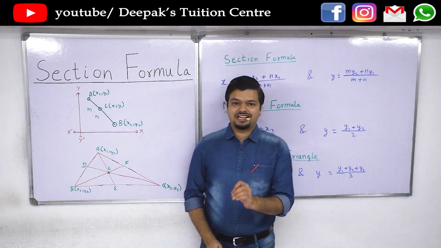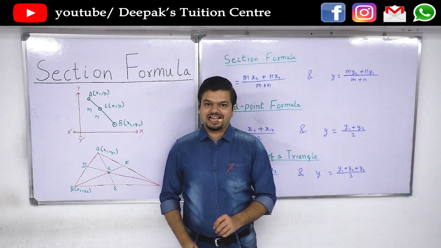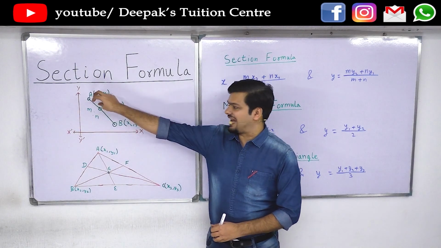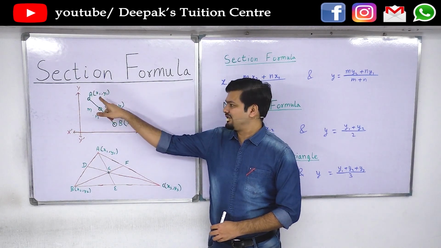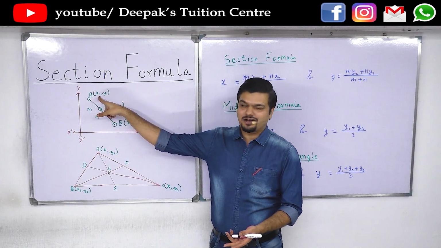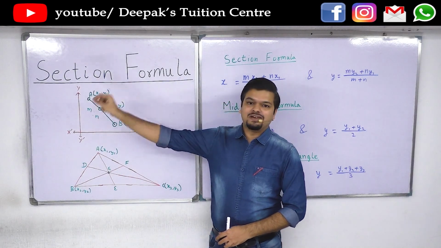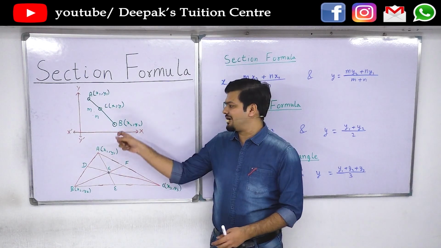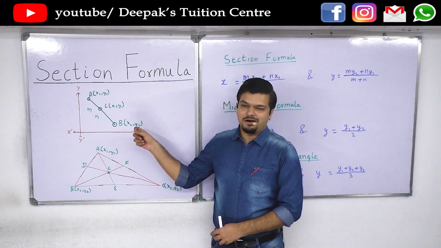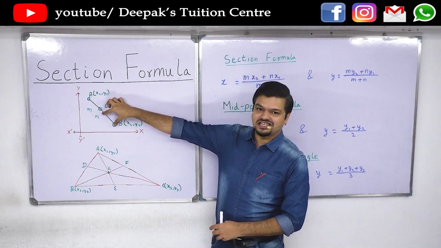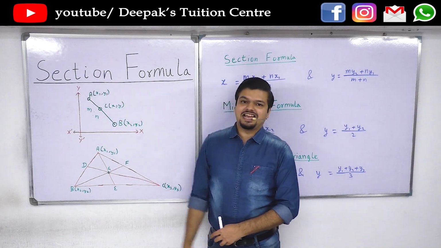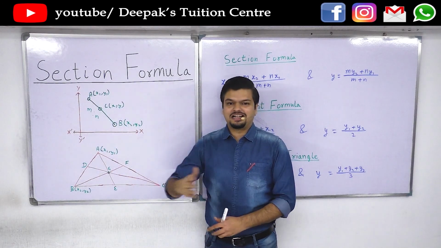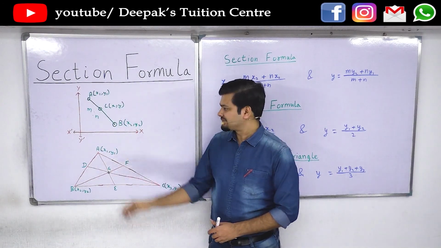There is a basic rule regarding which value should be taken as x1 and y1. The value whose side represents m. So if you take A as x1, y1, then AC will act as m and BC will act as n. And if you reverse the order, you take B as x1, y1, then you have to take this part as m and this part as n. Then the ratio will be m is to n from this direction. Generally, we take it as it is given in the question.